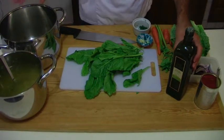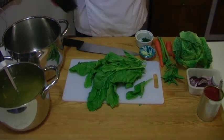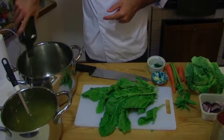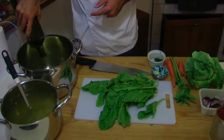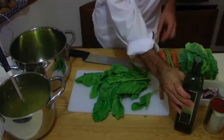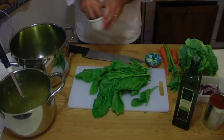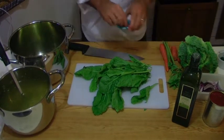So what we need is a big pan, olive oil. So we cover the bottom with olive oil, and then we chop all the vegetables. We have a little parsley here, a little garlic,